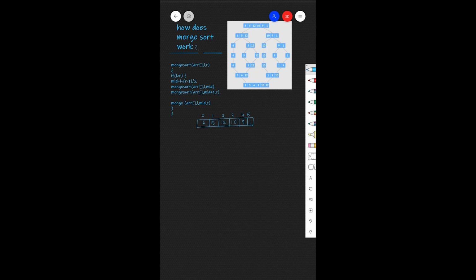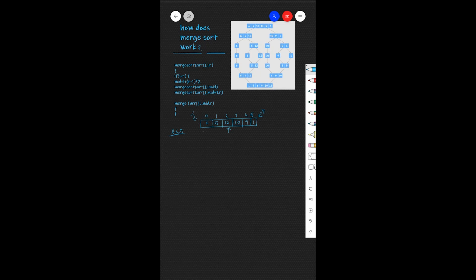Here I have taken an array of size 6. So we know that merge sort first divides the whole array iteratively into equal halves until atomic values are achieved. Suppose we have a left pointer at the first element in this array and a right pointer at the last element. Now we need to check a condition first. Is L smaller than R? Here L is 0 and R is 5, so obviously L is smaller than R. Now we need to find the mid position of this array. Here mid is 2.